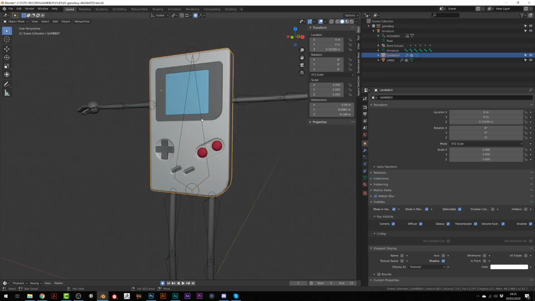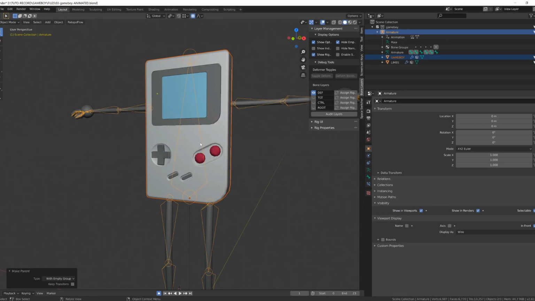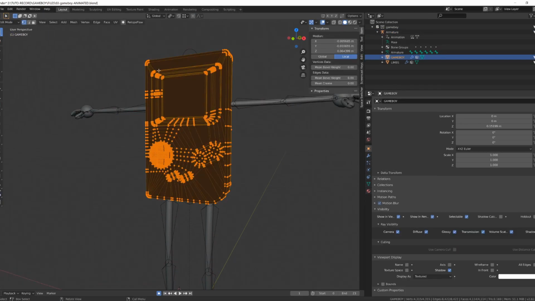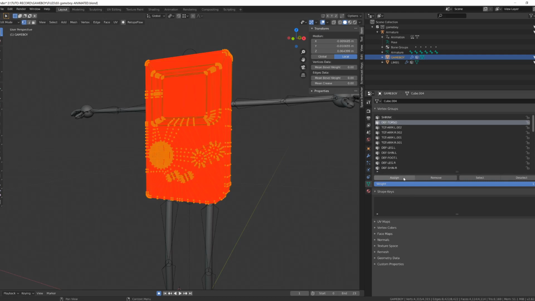Back into object mode, I will repeat the process. First select the body of my character, then the armature, press Ctrl P, but this time I will select empty groups. Blender will create a vertex group per bone, but it won't assign any vertices to it. Since I want the whole body to be assigned to the dev torso or dev body bone, I will search for this group, and once I find it, I will select everything and click Assign in the vertex group panel.